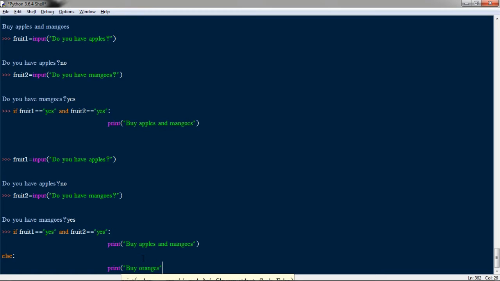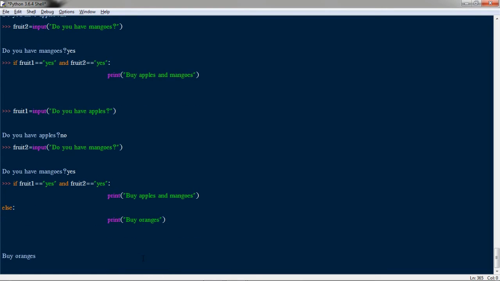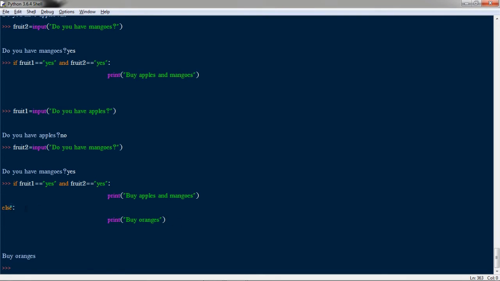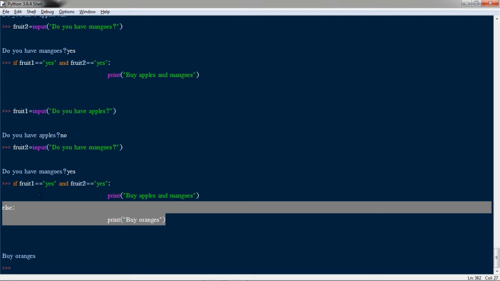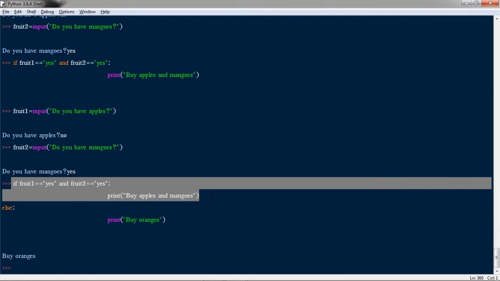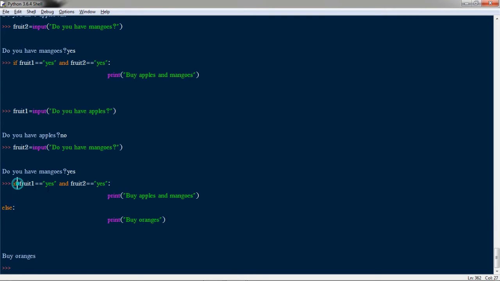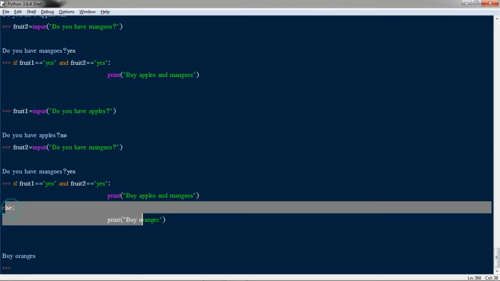oranges. Now if I press the enter key again, you can see that this time the robot was programmed to buy the oranges if apples or mangoes were not present. I think you have now understood the use of if and else statements, right? If any one of the conditions was false, the robot was programmed to do the else part. So if is the condition which it has to fulfill, and else covers the other cases, like if this is not true, then what to do by default. This is the use of else.